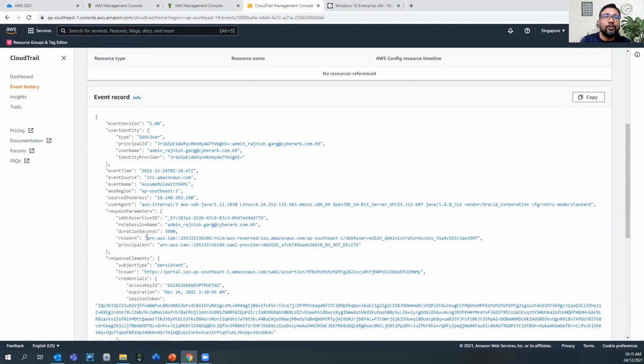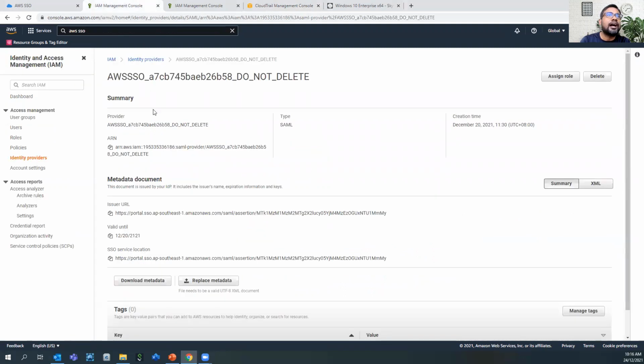One thing to take note of: this is the role we are assuming. AWS reserved SSO, administrator access. So this is the entire role ARN. Apart from that, we will be leveraging this SAML provider, AWS SSO underscore this one. So let's go back to our IDP.